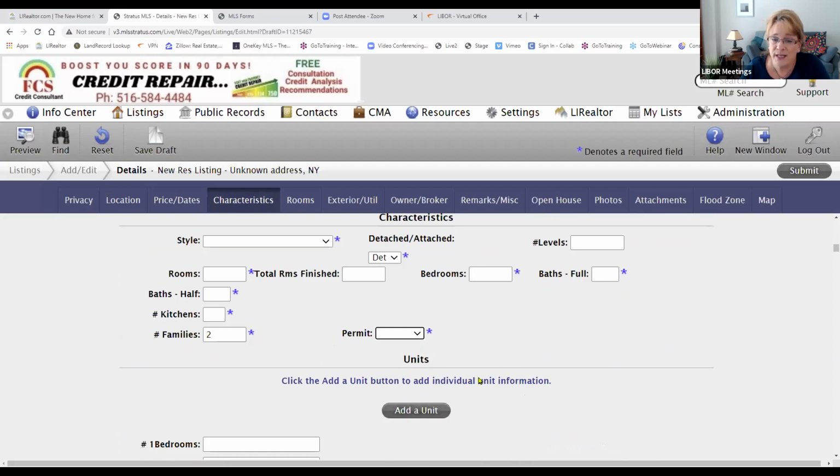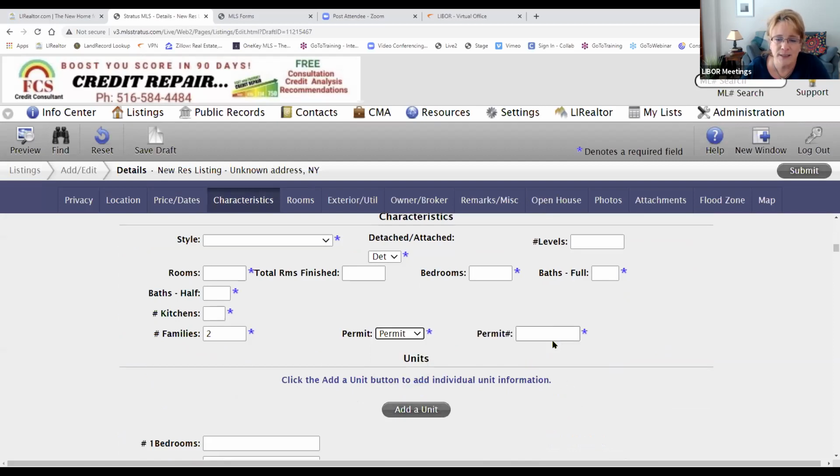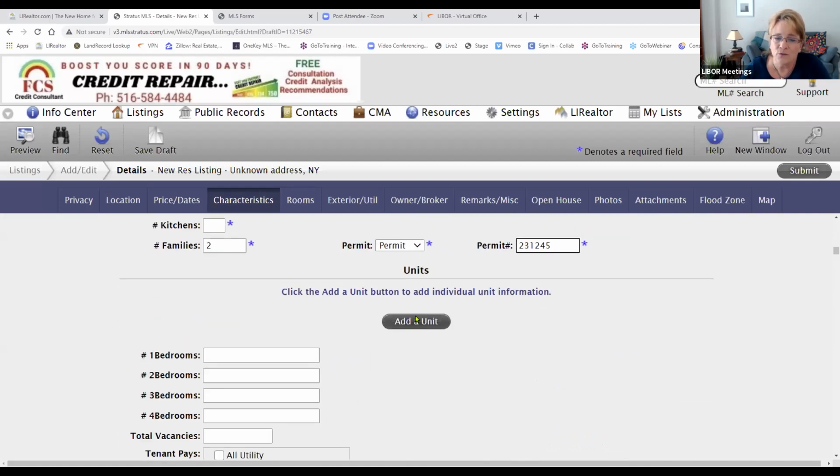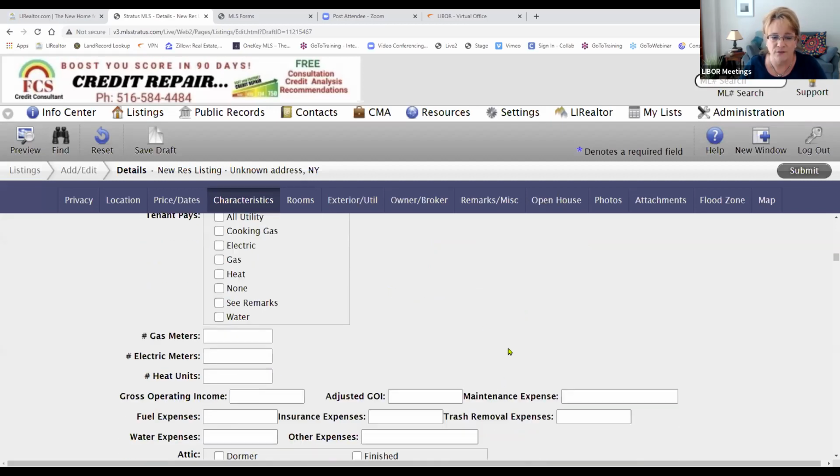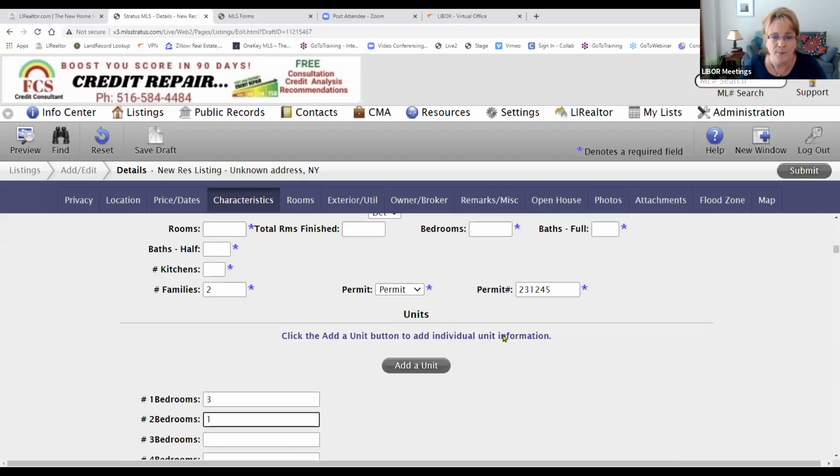You have a whole new section here where you can describe each unit of the multifamily property separately. It's fantastic. So you can say whether you have a permit, if you have the permit number, and then add a unit, right? Click right here to add individual information. If you don't have that information about each unit, you could come back to it and just put in that the building has 3 one-bedrooms and 1 two-bedroom property, and just fill out this kind of information here, okay? But if you do have the information on each unit, click on Add a Unit,